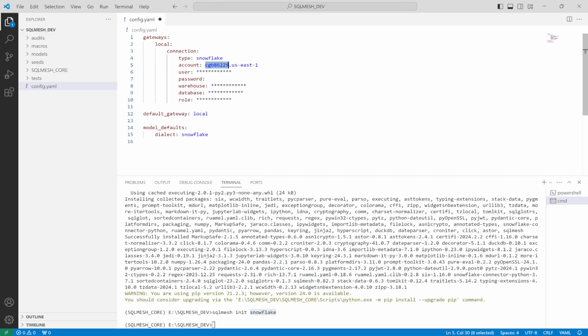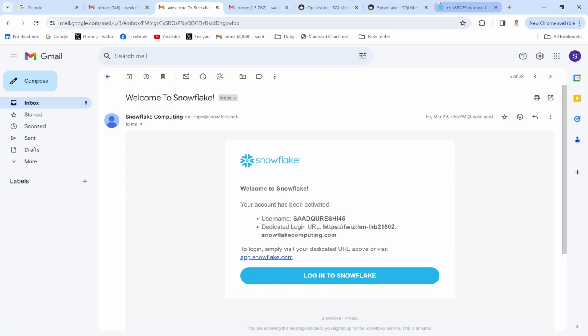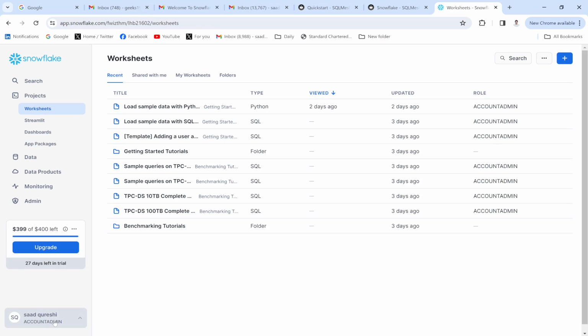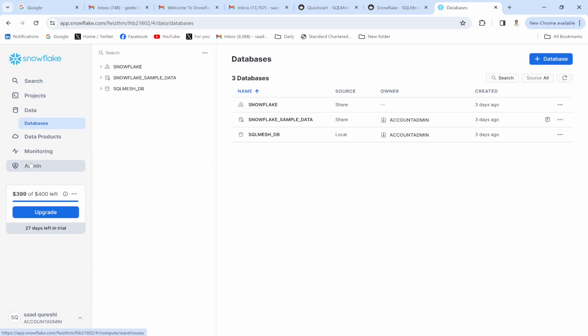Okay, username. So my username is this. Password, let me just provide my password here. This is going to be my password for this. And warehouse, let me just create the warehouse information. So for warehouse information, I'll have to go to the